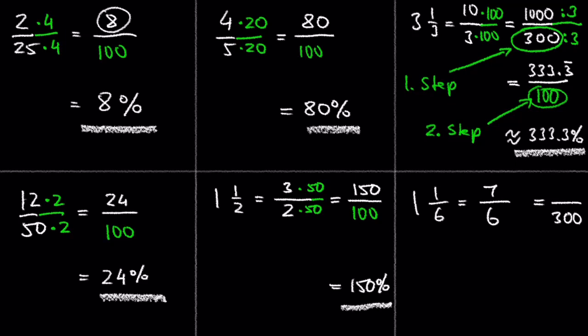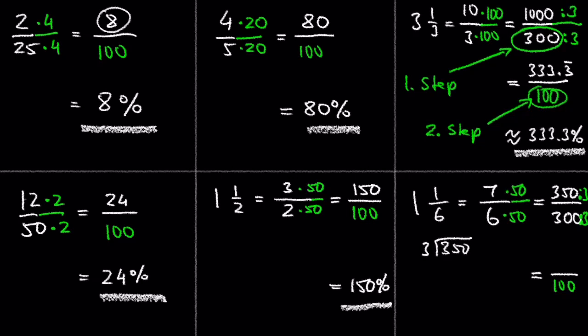And then back to 100. So 6 times 50 is 300. And 7 times 50 is 350. 300 divided by 3 is 100. And 350 divided by 3 is, let's see,